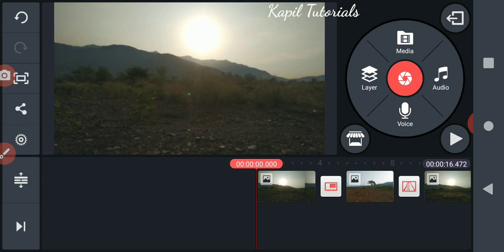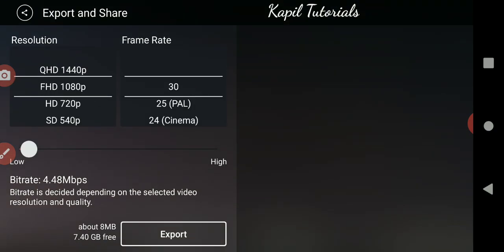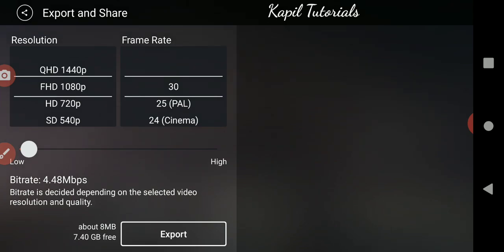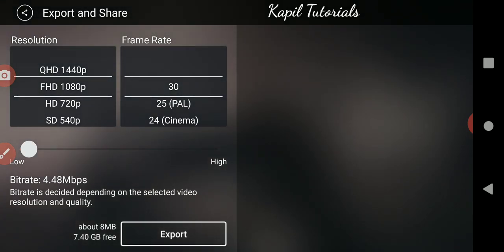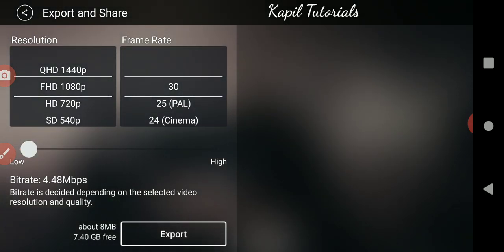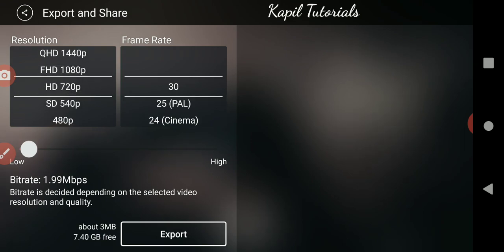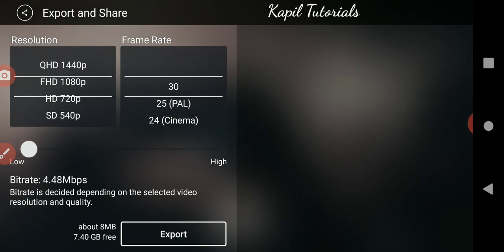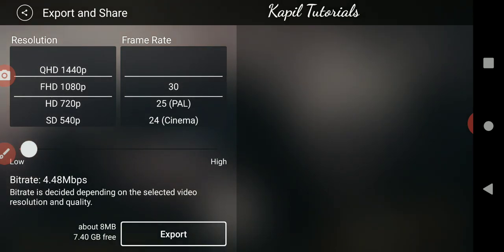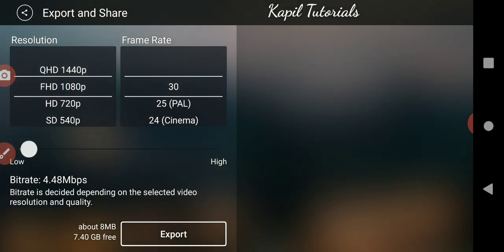If I click on that option, you could see here resolution, export and share. I am going a little faster because plenty of things I have explained earlier in Windows Movie Maker and Viva. Here plenty of options are there. It depends upon the power of your mobile, how much RAM is there, and how good the processor of your mobile is. But simply you could also use HD. You can use HD 720 or FHD 1080, and then you can click on export.